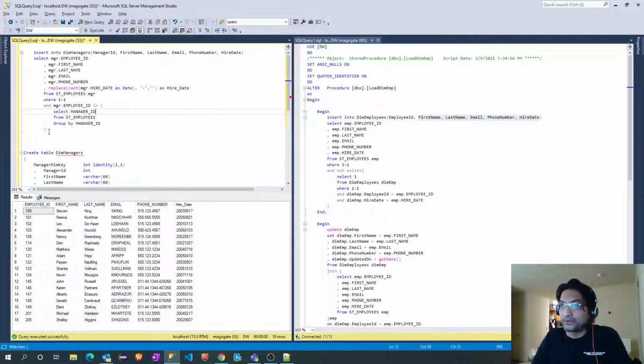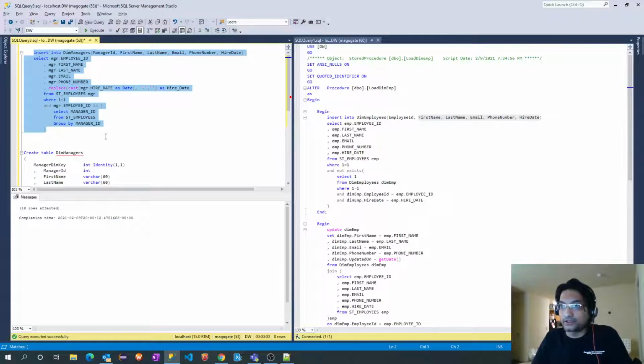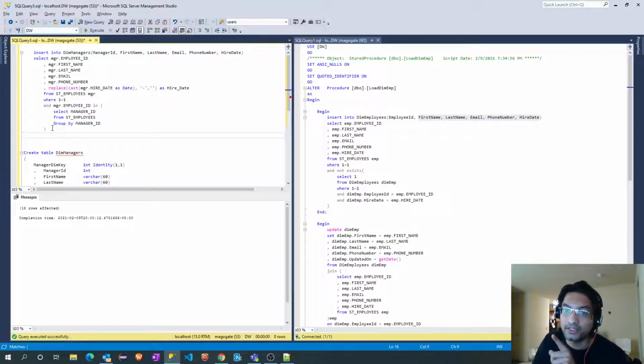Perfect. Okay, if I run this, it should insert 18 records. Okay, 18 records got inserted. Now if I run this multiple times, it will go and insert all the records again, so we'll have duplicate records. In order to avoid that, again we'll have to use NOT